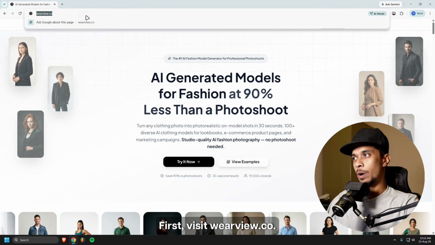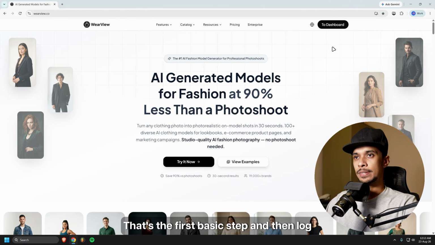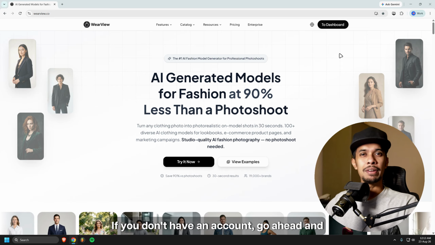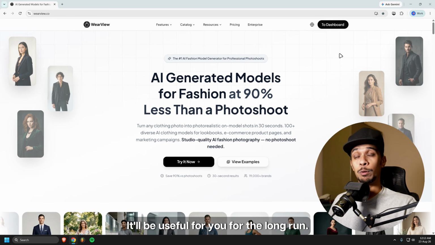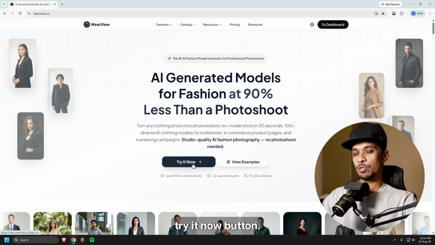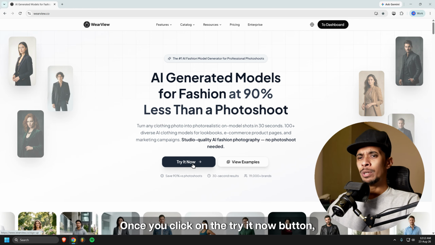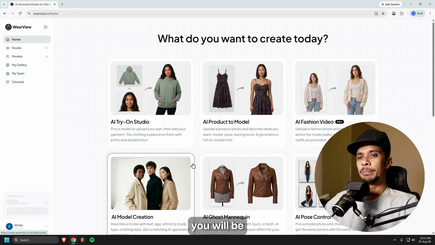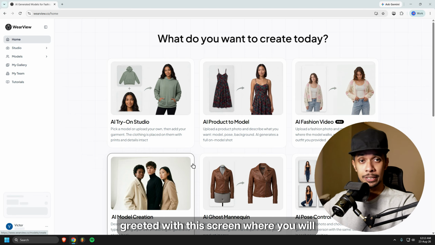First, visit wearview.co. That's the first basic step, and then log into your account. If you don't have an account, go ahead and create one. It will be useful for you for the long run. Once you are done with that, click on the Try It Now button. Once you click on it, you will be greeted with this screen where you will have